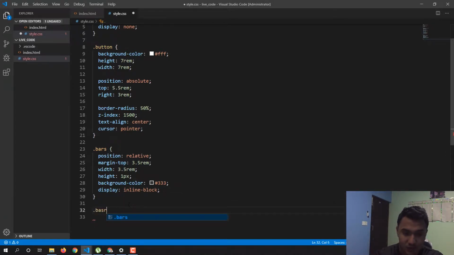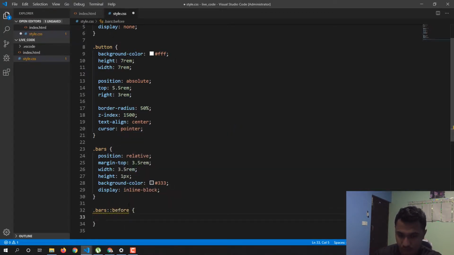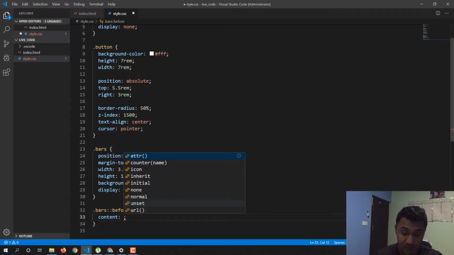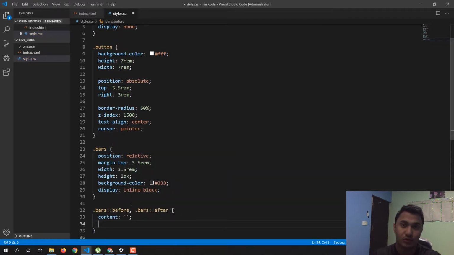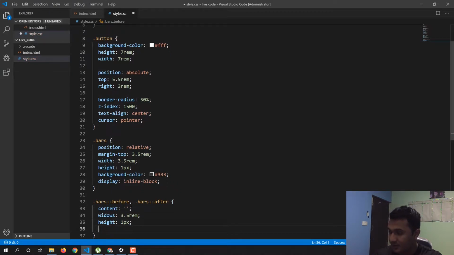So for that, what I can do is bars before, and let's do after at the same time. So now let me have a content property of, now this is really important, you can't miss this, right? Even though the content is just empty, you need to mention it. Now let me again have the width as above of 3.5 rem, again height same as above of 1 pixel, and again the same thing, background color, display,